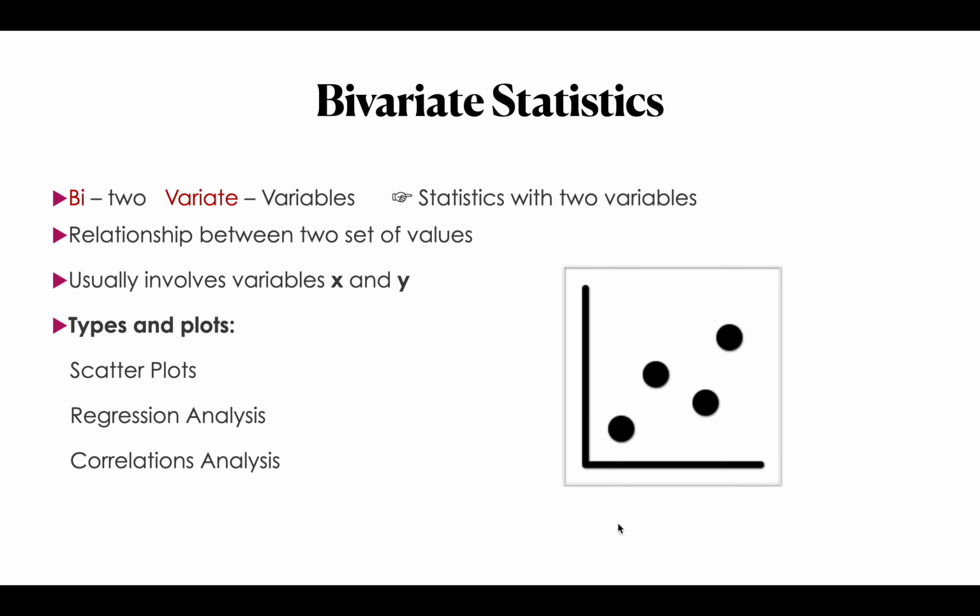Now, how is it different from univariate? When we have only a single variable, we were just calculating the mean, median, mode, or standard deviation and all that. But when we are talking about bivariate data, we can also do comparison. We can find the relation between two variables. We can see whether height and weight are related to each other. Usually the person who has more height has more weight, right?